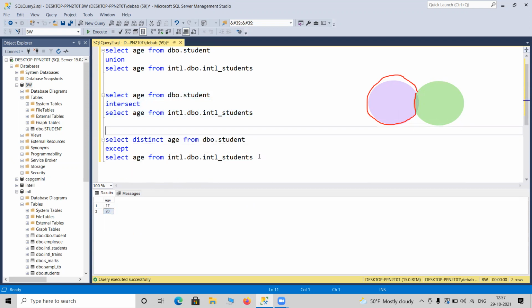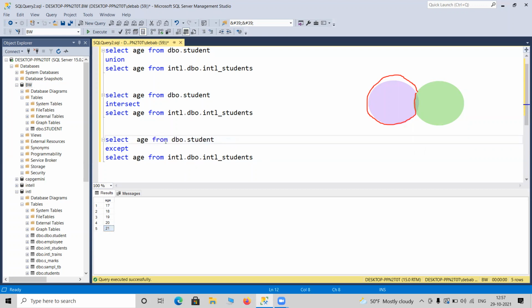So 17 and 20 are a part of the common data section, so they will not be displayed. Only 18, 19, and 21 will be displayed in the final result set.